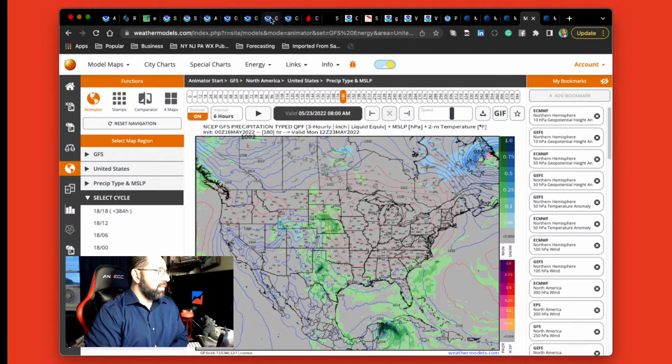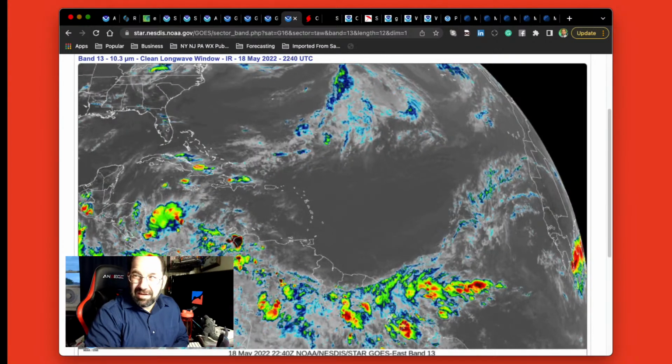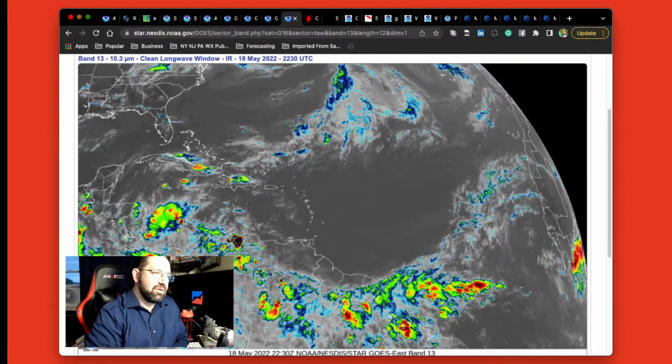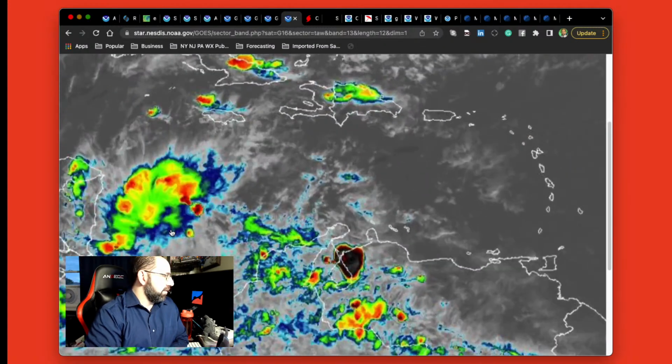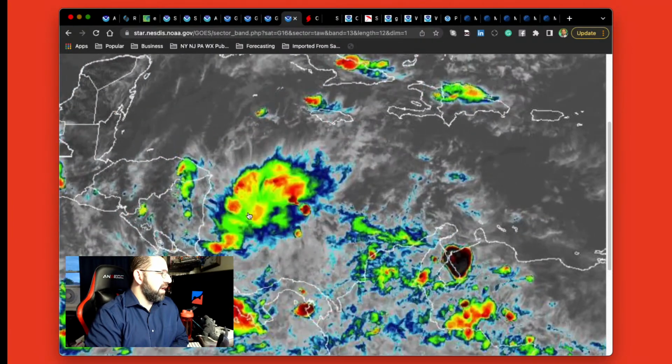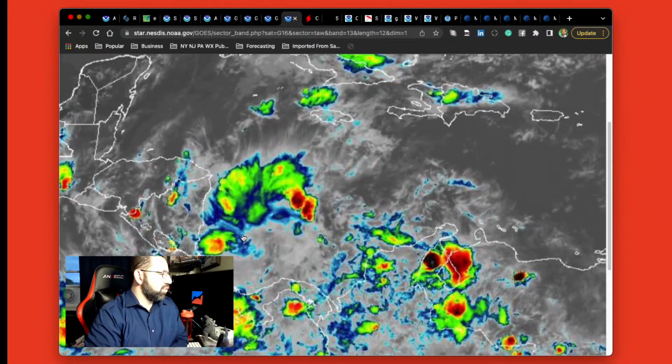What you want to do in this scenario is take a look at what's going on in the tropics. And what we have here is a generally unfavorable environment, which you would expect for this time of year. So naturally, people are going to focus on this area right here. And you might say, hey, look, Stephen, this could be a development. Well, it could be. We certainly have some convection and a little twist, but this is a cold core low